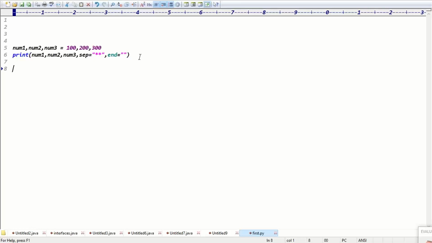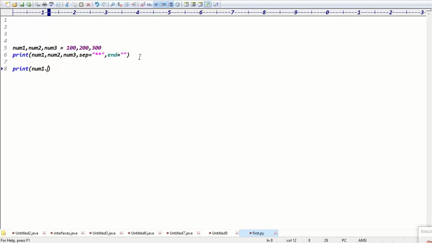Exactly. Guys, can you tell me one more line? What is the line? You can print the three variables with the separator as dollars. At the end, I want two hashes. Every variable separator is the dollars. Ending, I want two hashes. Then what do I have to do?